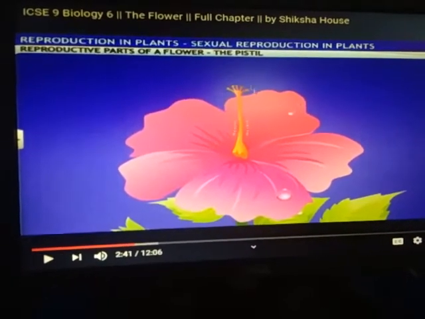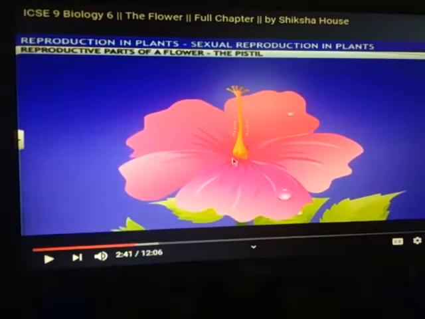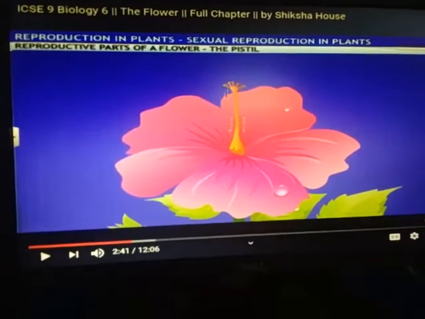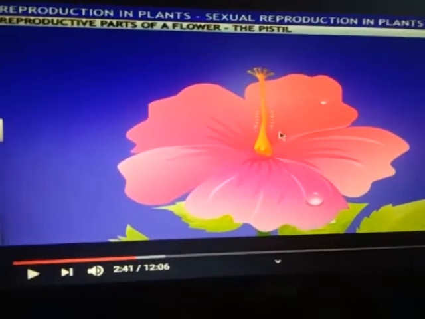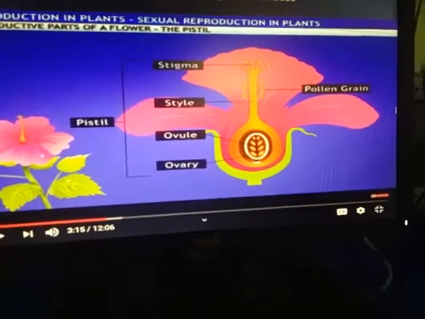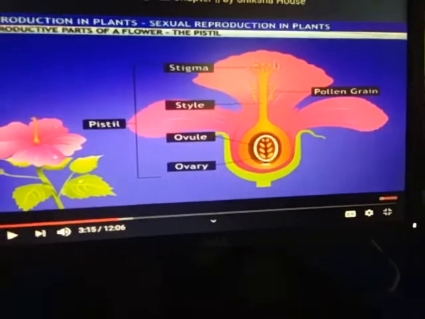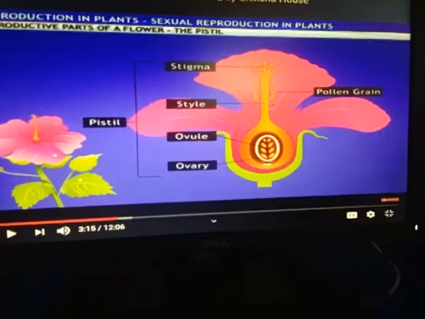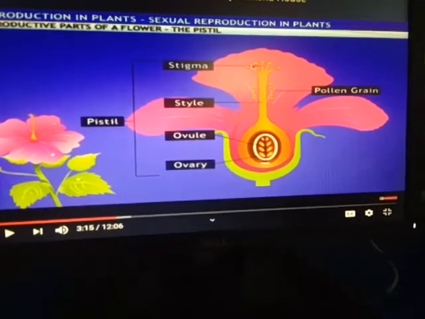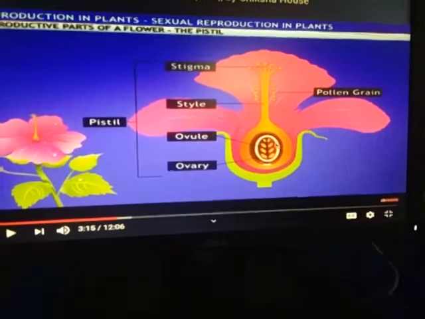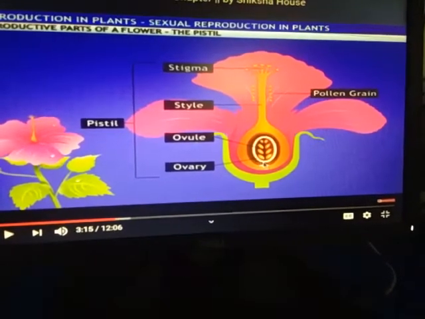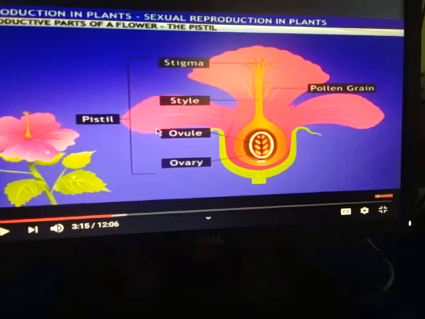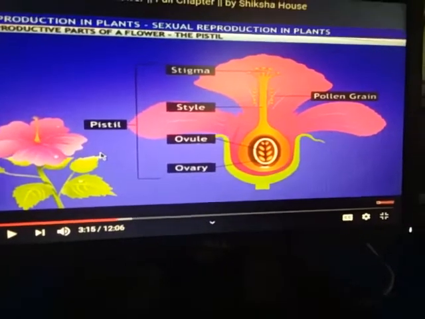This is the main part of the flower, and this is the ovary. This overall view represents the pistil, and this dotted point is representing the stamen. Now we can watch again all parts of the flower. This portion is called the stigma, and this portion is called the anther, which contains pollen grains. This is the style that connects the stigma and ovary. This is the ovary that contains ovules. These are ovules attached with placenta. And the overall stigma, style, ovule and ovary structure is known as the pistil.